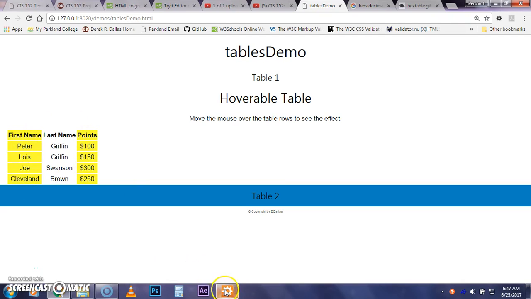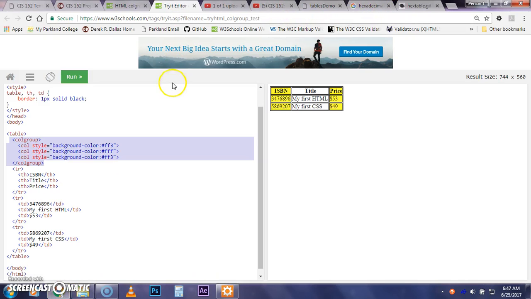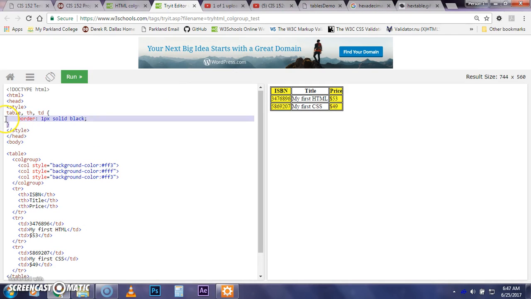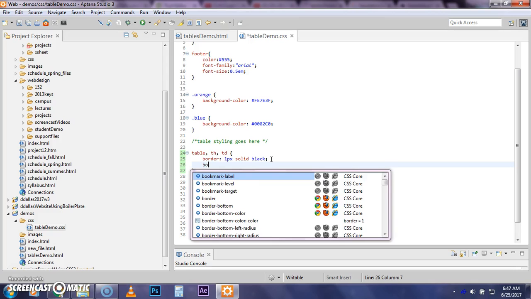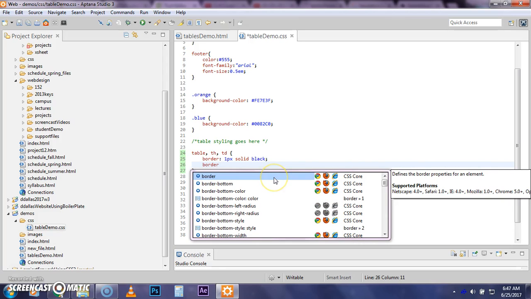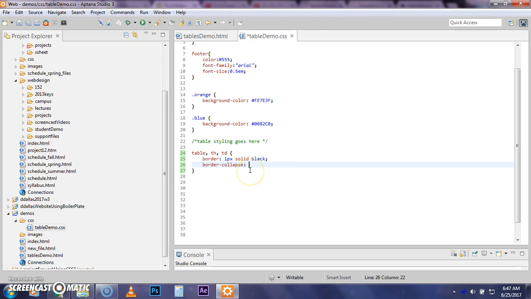Okay, if I continue to build on that, I'm going to use my CSS. I don't have any styles really going in, so this is where I want to add my styles. Now, some of these are basic styles that are consistent across the board, and this one simply has a border. I'm going to copy that. Control copy. I'm going to go down here and add that. I don't like all the borders being open, so I'm going to say border collapse. I'm going to say collapse,